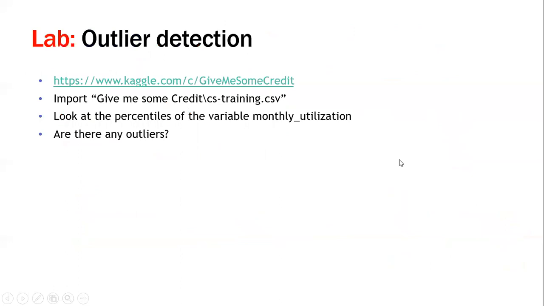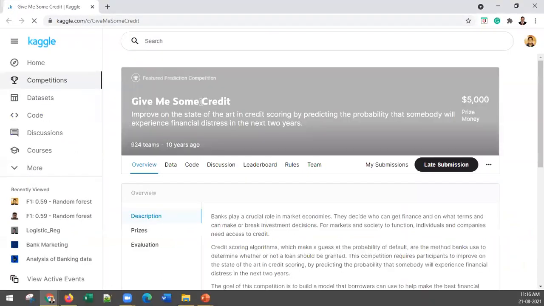This is one of the credit risk model. There was a competition on Kaggle that was run by a bank. If you click on that link, this competition name is Give Me Some Credit. We have to build a credit risk model and the prize money was $5,000. However, in here, we are not building a credit risk model. We are preparing data, we are exploring data before building that credit risk model.